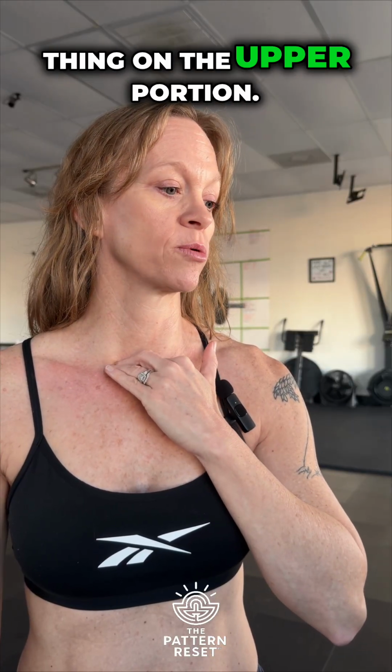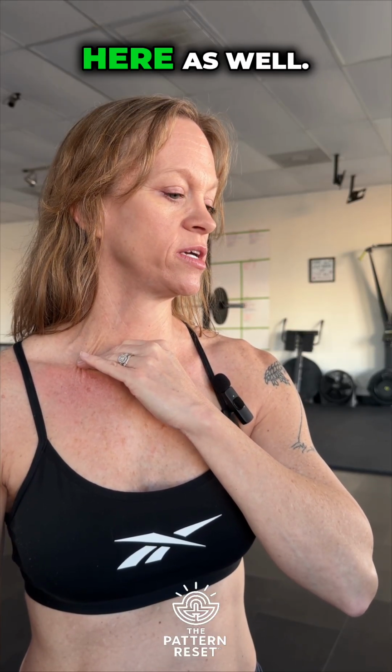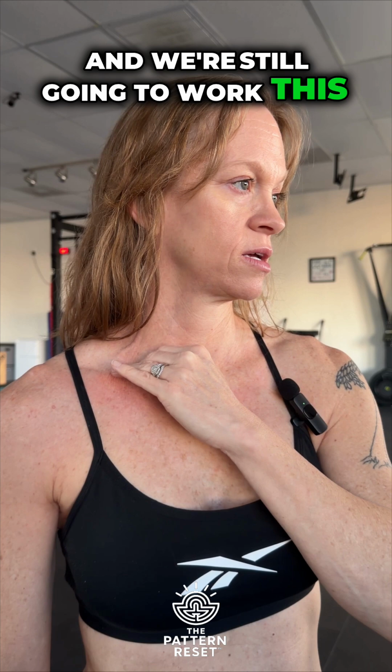So now that we have worked through that bottom portion, we're going to do the exact same thing on the upper portion. So starting here, and then we're pressing kind of down through here as well. And we're still going to work on